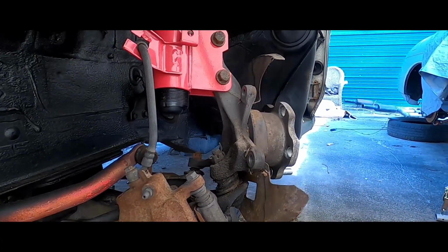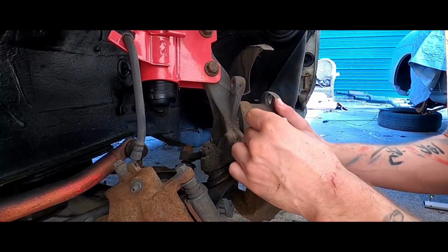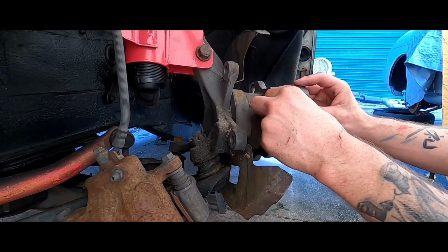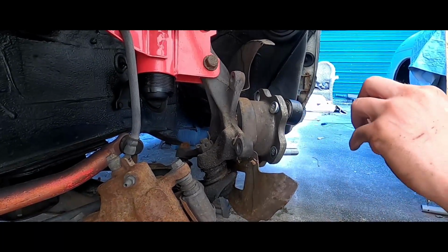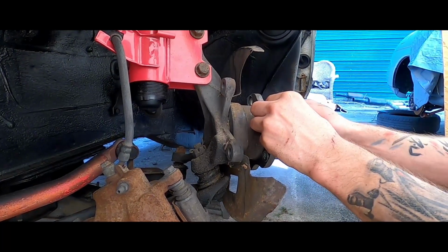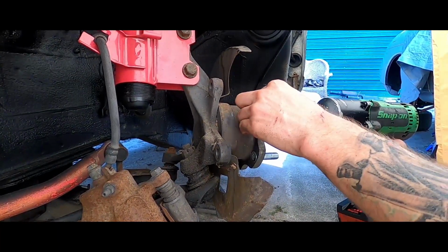So, got a stud. I've already knocked them out. Typically, you can just hit them out with a hammer. So you line it up. You'll stick it through like this. Take your tool. You want the bearing end to face towards the hub so it can spin as you're pulling it through. So you'll take your lug nut, thread it on. Is it supposed to do that? Yeah. You'll put your lug on, get your gun, kind of